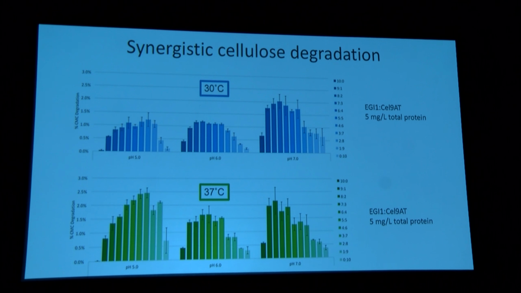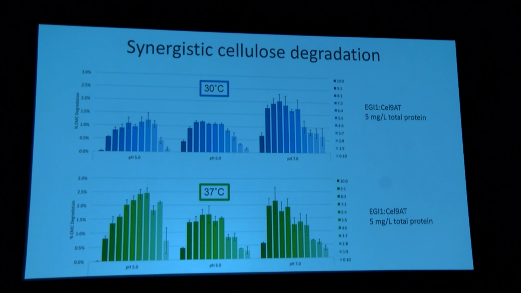What I'm showing you here is that across each of these bars, we have a total of 5 mg per liter, but we're changing the ratio of these two enzymes, from 0 to 10, or 10 to 0, where it's all 5 mg, and then 1 to 1 in the middle. And so we see the highest activity when you have quite a bit of both proteins, and then this titrates, at the different pHs, based on the relative activities of these proteins under those different conditions. And I won't get into the biochemistry of those.